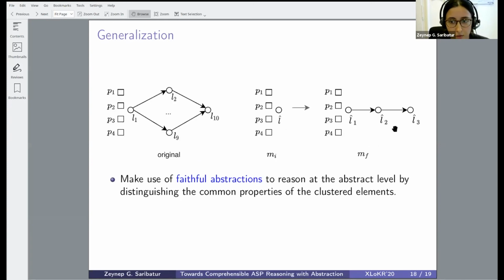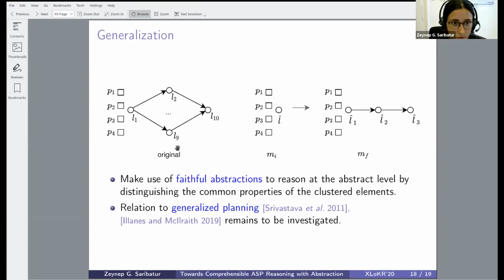And we also applied it to this package delivery problem where we had these packages here and we need to deliver them here while passing through these checkpoints. At first we clustered all the locations, and then we automatically found the mapping, which only clusters the checkpoint locations. And this shows that it doesn't really matter through which checkpoint you pass, and whatever plan you find here can be applied here. And of course, this brings the notion of generalized planning, and the relation to it would be something interesting to